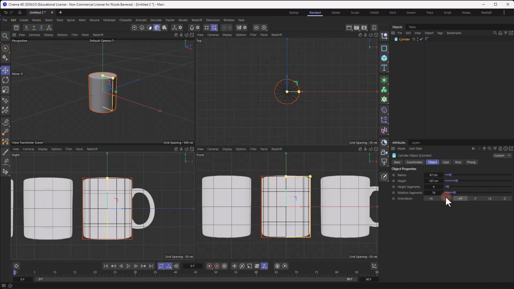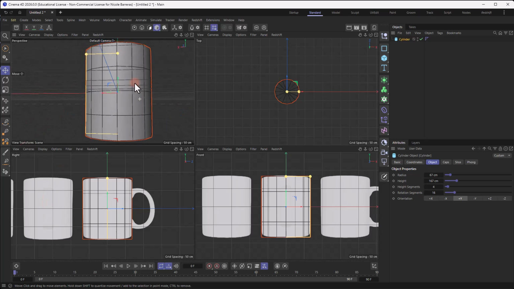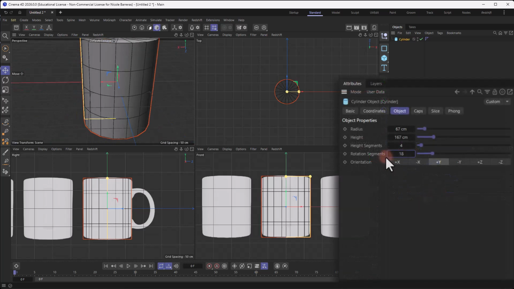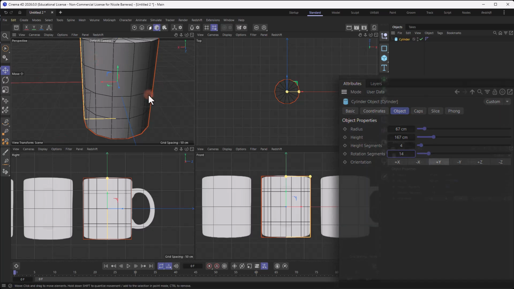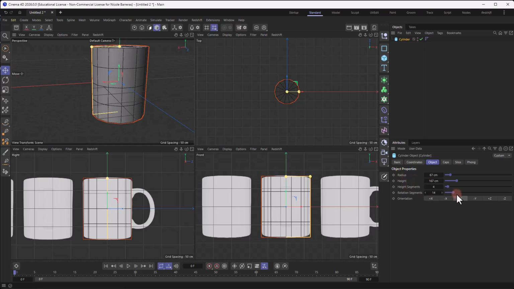The next step here is to decrease the rotation segments because I want to be able to extrude the polygons directly on the right side of this cylinder. And if we rotate around it to that Z axis, let's turn on display Gouraud shading with lines, you will see that the current rotation segments at 16 does not have a polygon that aligns to that Z axis. But if I decrease that to 14, we'll see that now there is a polygon right at the center,